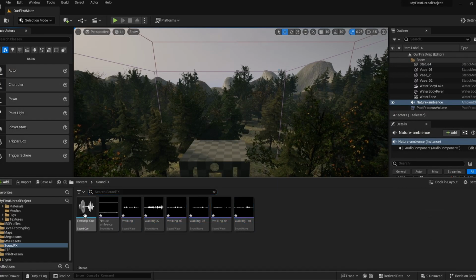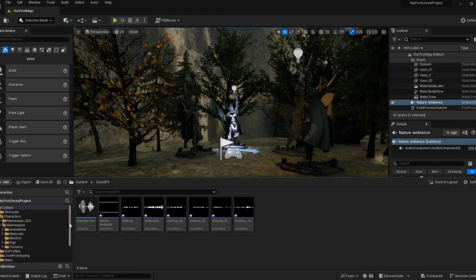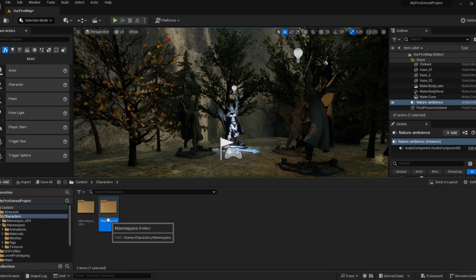And now even in here, we can hit play. Each time we hit play, it will be a different sound. So now that our footstep sound cue is created, let's go ahead and actually add it to our character. So what we're gonna do, we're gonna go up in our content browser, under characters, find mannequins,